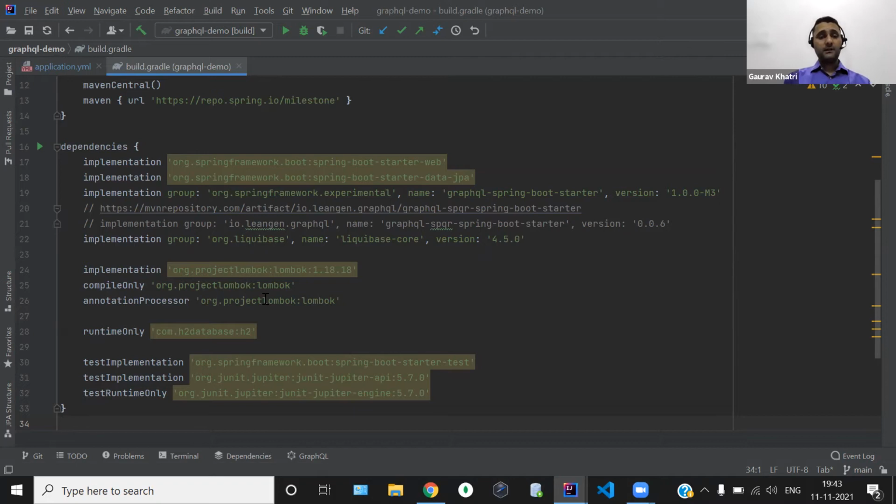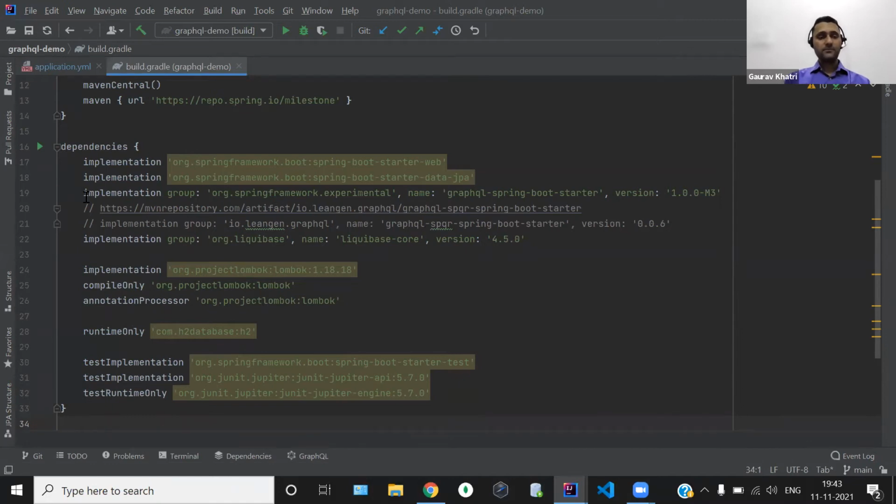And then I'm using the Lombok dependency. This will help us in terms of Java POJOs. For people from a non-Java background, Java POJOs are nothing but plain Java objects, which have only properties in them. And this Lombok dependency will help us to write some helper functions out of that.